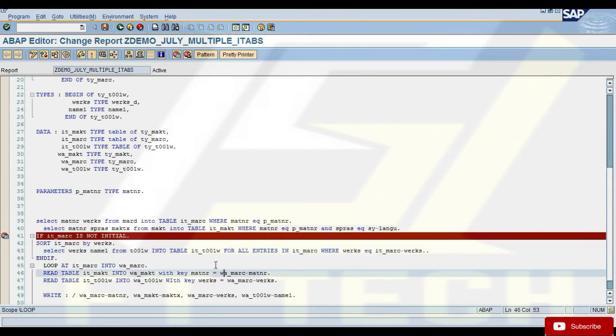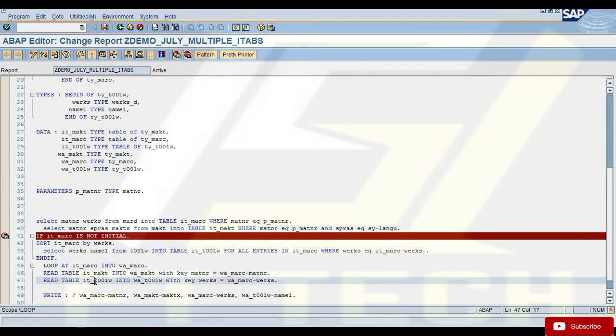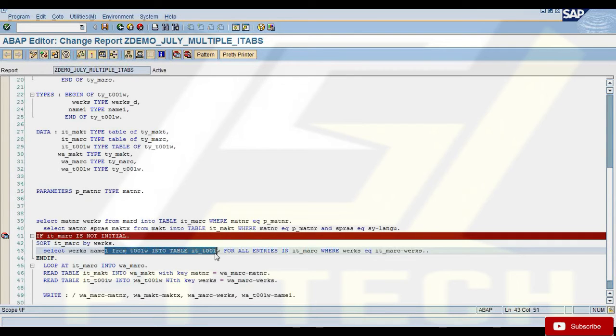Okay. Yeah. So you're selecting data into ITT001W, comparing the works in ITMRC, and then within the loop I'm reading ITT001W. And we've already selected it here. Yeah, here I'm selecting that data. So to select data from T001W, I need to compare the works of ITMRC, right?